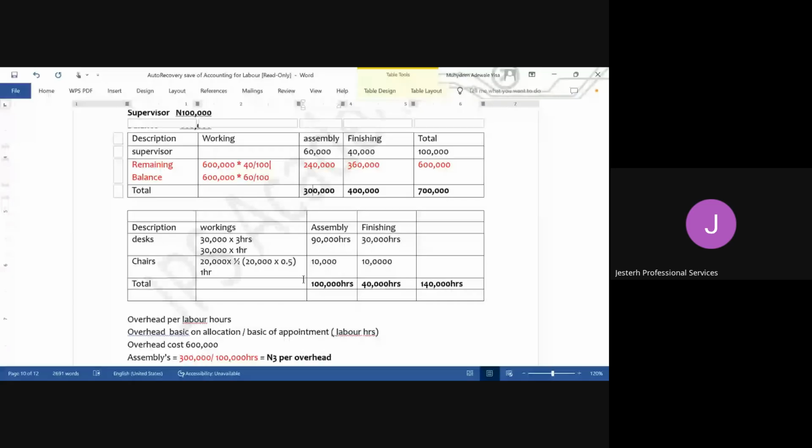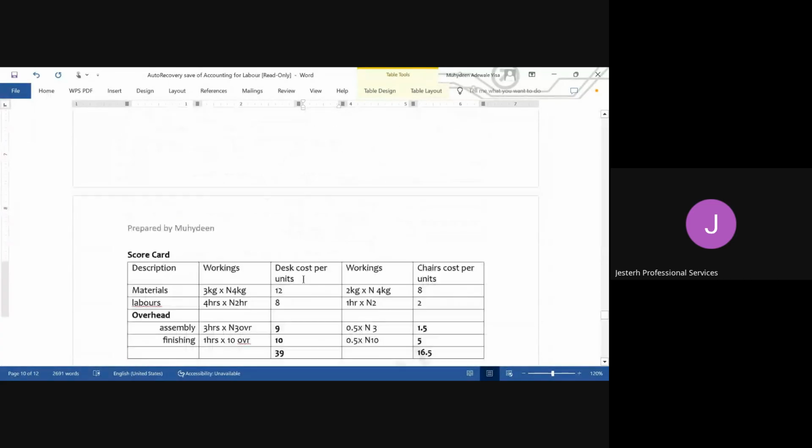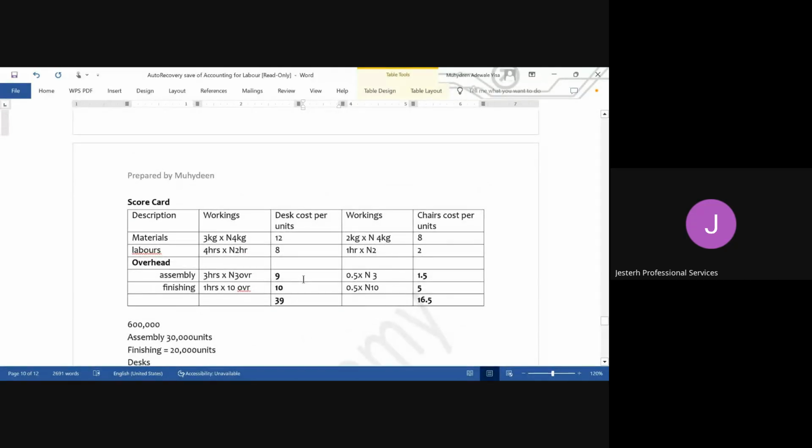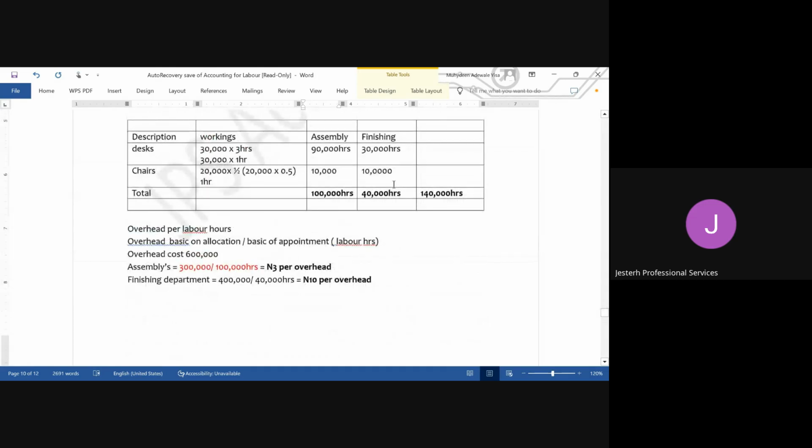You know, even in the exam, you might see a question that is asking you just to apportion or allocate overhead alone, and they can put 15 marks. They will not even ask you the material. They will not even have to ask you the labor. They will just give you, for example, two departments now, and then they give you